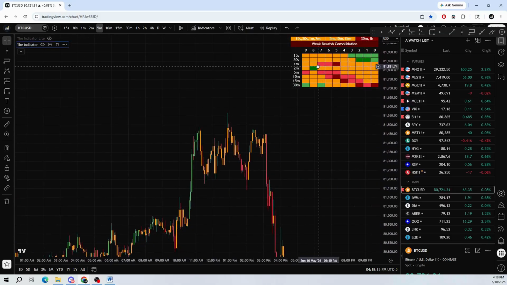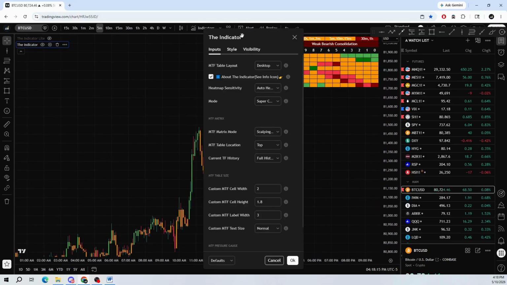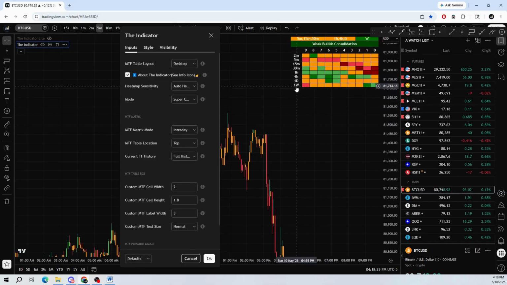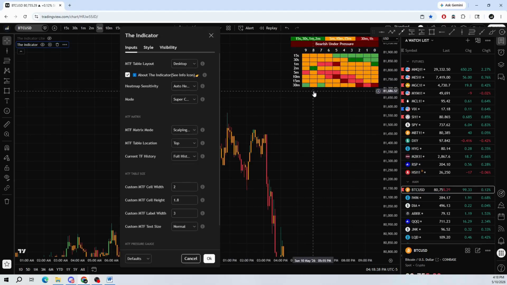Let's look here. The matrix mode, there's two matrix modes. Right now we're in the scalping, which is going to show this table up here, and then there's the intradays to look at. You can flip to that and it'll show 2 minute, 5 minute, 1 hour, 1 day, and 1 week. And let's talk about what this table is doing. So we're going to go back into scalping mode here,